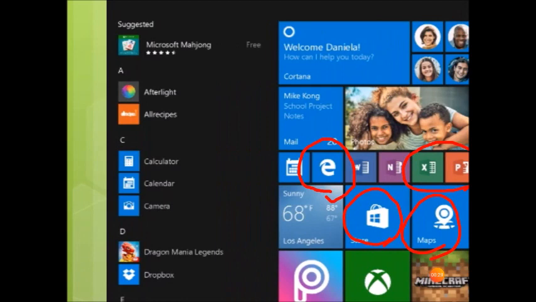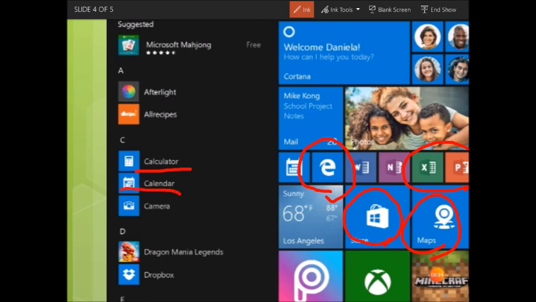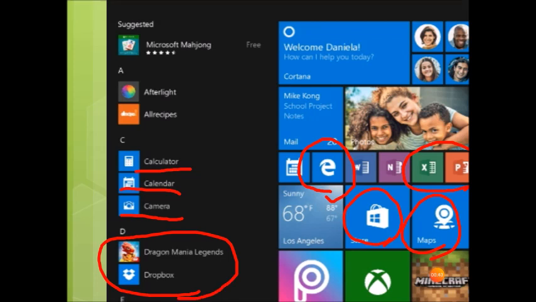On the left side there are many tools like calculator, calendar, camera, and there are shortcut icons of games. So you can just click on it and it will open that program.